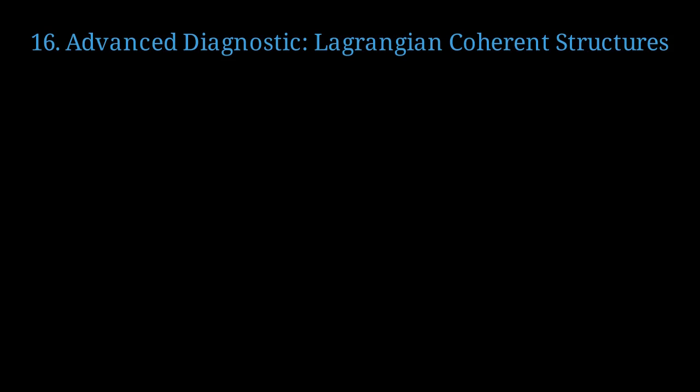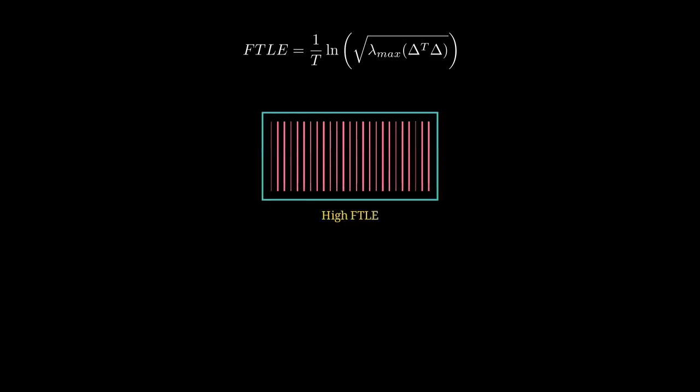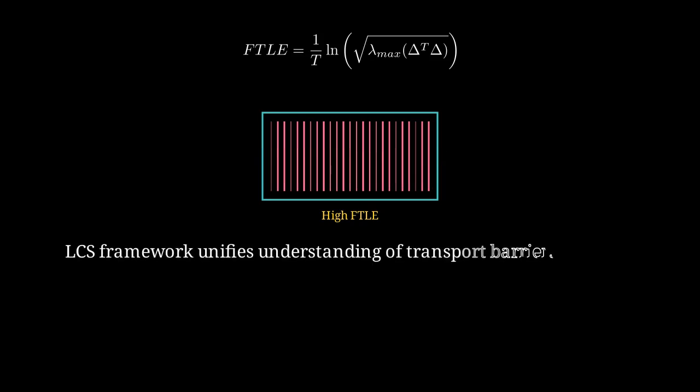Modern analysis uses Lagrangian coherent structures to identify transport barriers rigorously. Lagrangian coherent structures are defined as ridges in the finite-time Lyapunov exponent field computed from flow data. The finite-time Lyapunov exponent equals 1 over T times the log of the square root of the maximum eigenvalue of delta transpose delta. High FTLE ridges appear as sharp boundaries that organize the flow, showing where material separation is most intense and barriers exist. The LCS framework provides a rigorous, objective method to identify and quantify transport barriers in complex